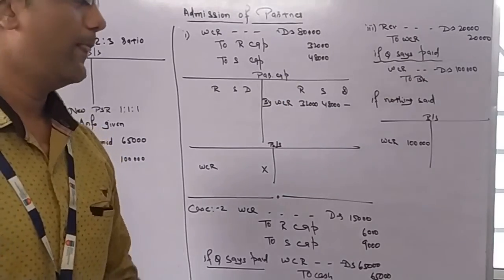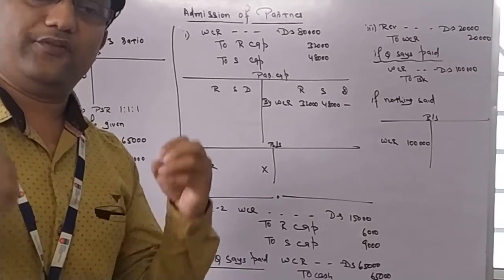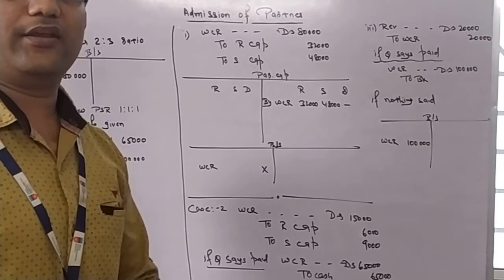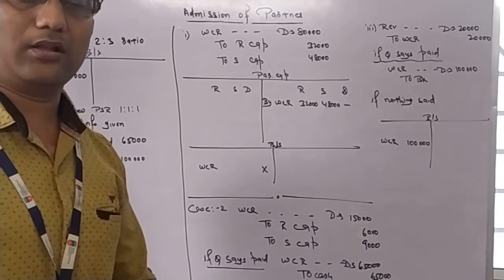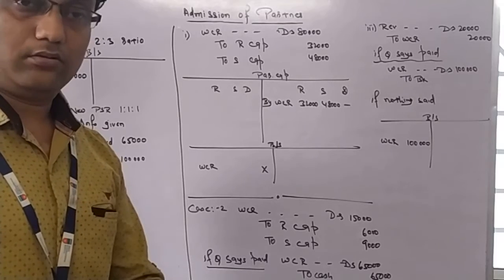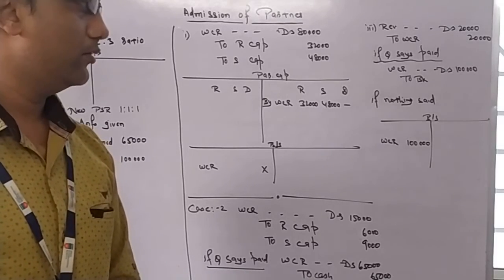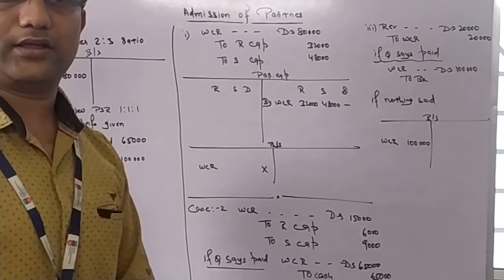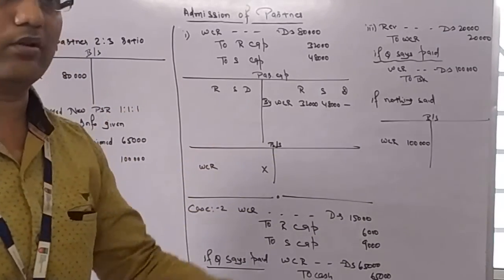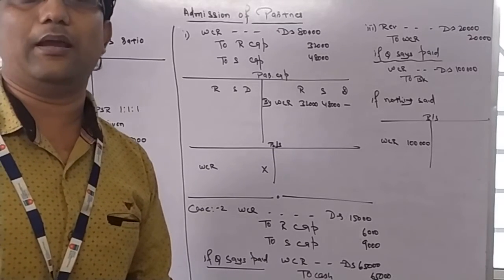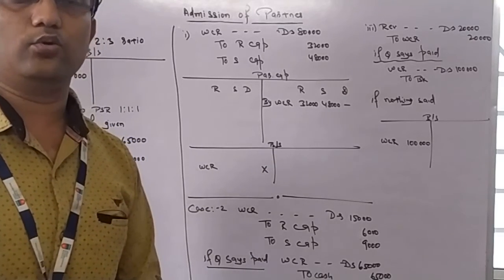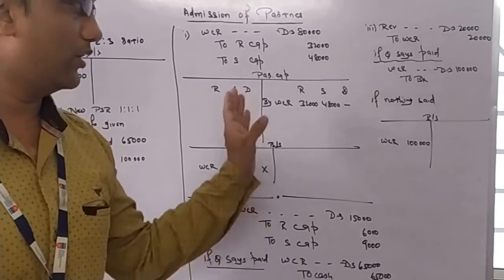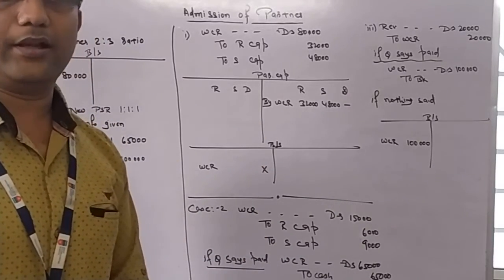It's 1 lakh. If the sum says we have paid it, then workman compensation reserve to bank, 1 lakh. If the sum is silent on that, or the sum is saying claim admitted, there is no information regarding payment, then in the balance sheet we will write workman compensation reserve 1 lakh. 80,000 was there, 20,000 more created. That means now our liability becomes 1 lakh to pay to the worker as compensation. So these are the 3 cases, 3 entries and presentation.